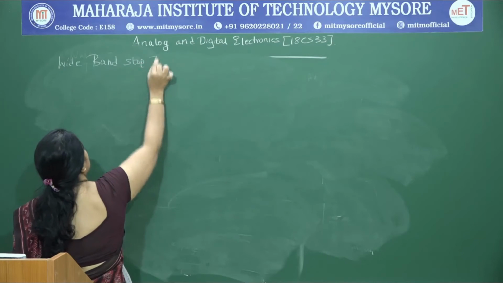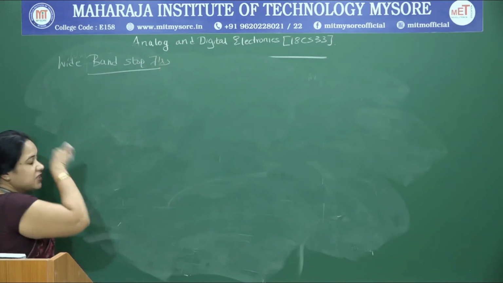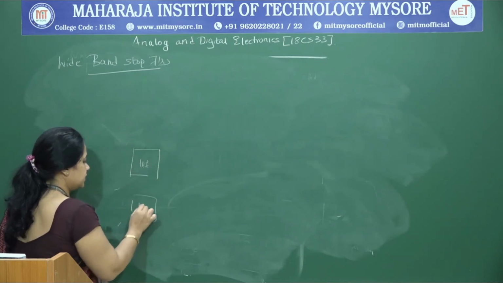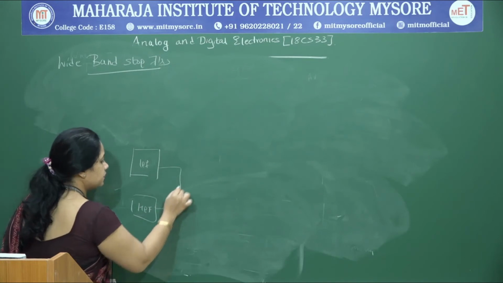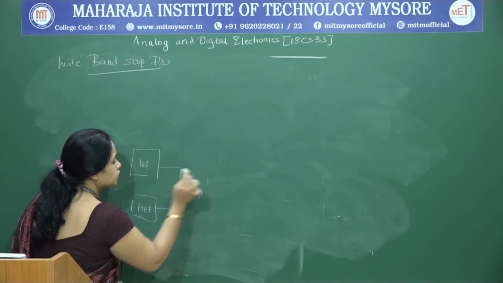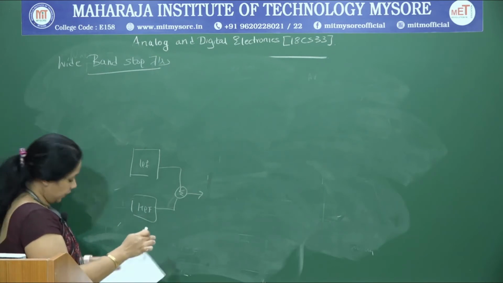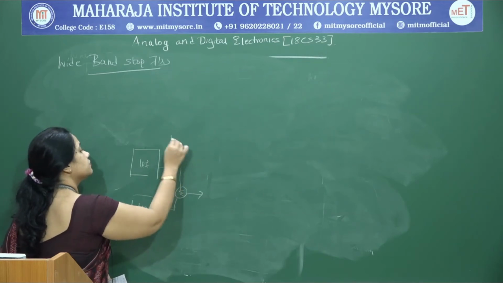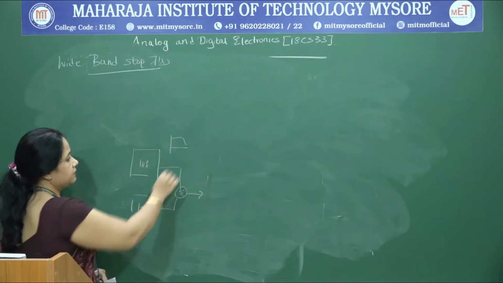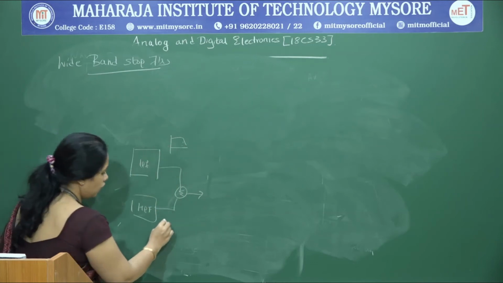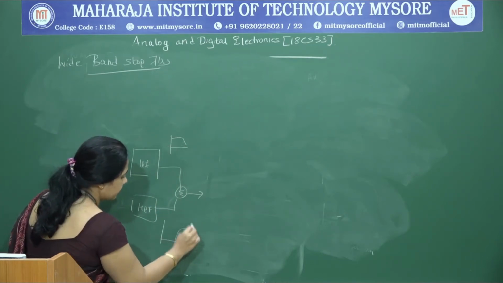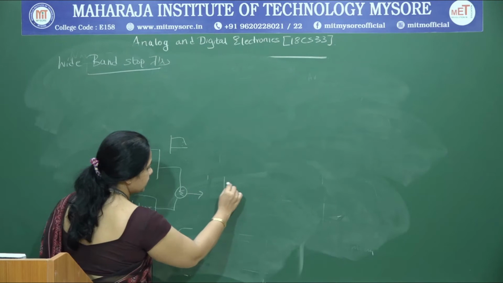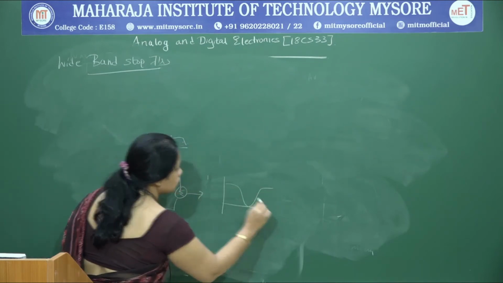So, as I said, you are realizing a band stop filter by considering a low pass filter section and a high pass filter section, and we sum up the results to get a band stop filter. So, what we do here is we design a low pass filter with some cutoff frequency, and we also design a high pass filter for the upper cutoff frequency. When I sum up these two, the resulting frequency response is going to be like this. So, this is the whole idea.